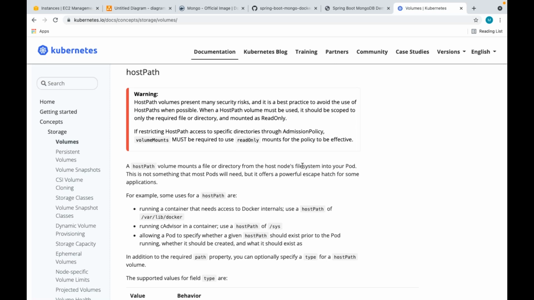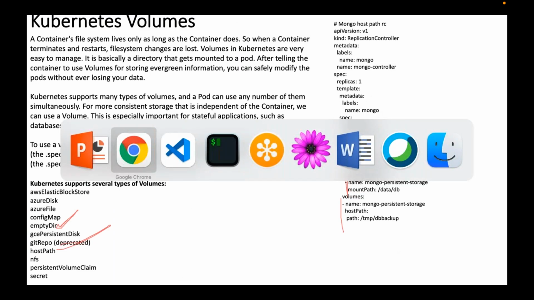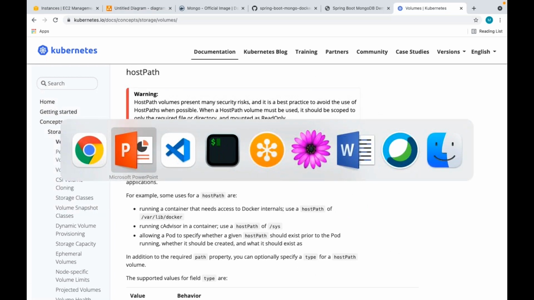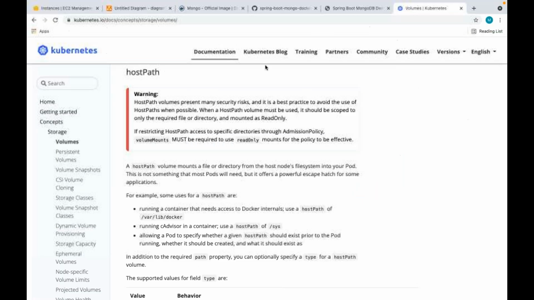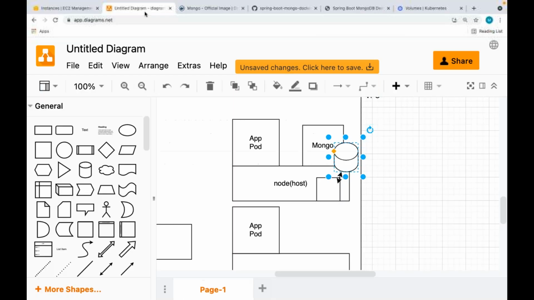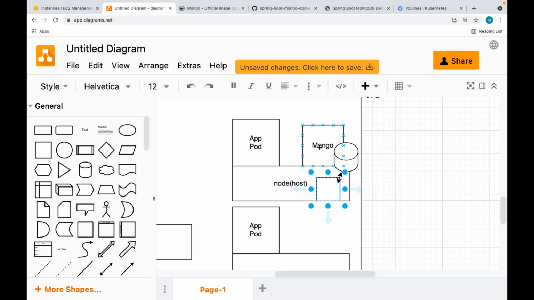Now, if I use a hostPath volume, the pod file system will be mounted with the container file system.